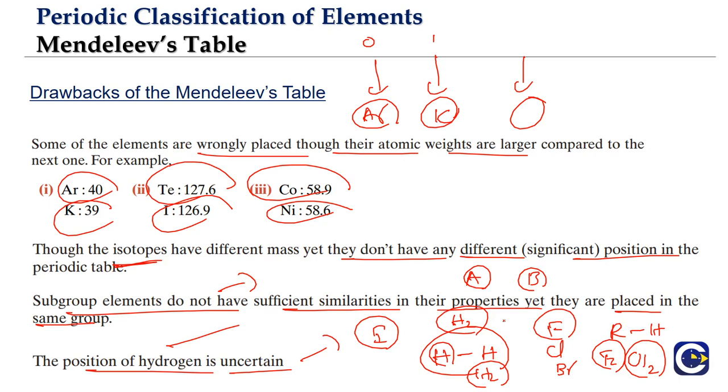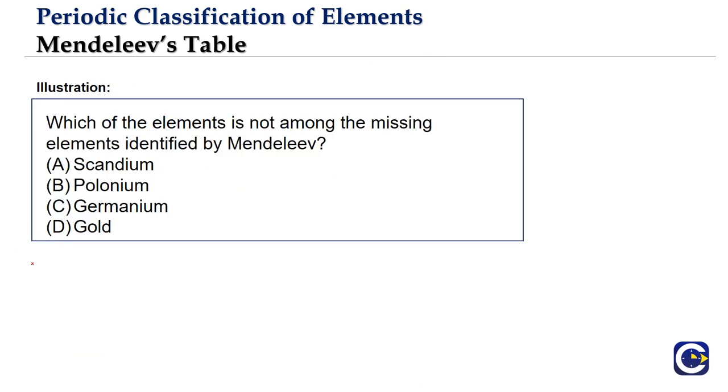These are the drawbacks of the Mendeleev table, but the prominent drawback is the compromise on the law that is taken, based on which the entire table is created. If the entire table is based upon a law and that itself is compromised, that is the major drawback. And of course the other major one is what? The issue of isotopes, because if the law is followed right as it is, then the isotopes should be given positions in the table, but they were not given. So these are some of the drawbacks of the Mendeleev table.